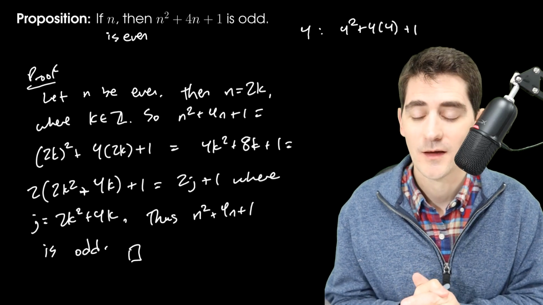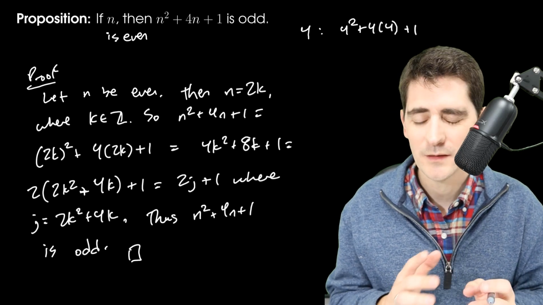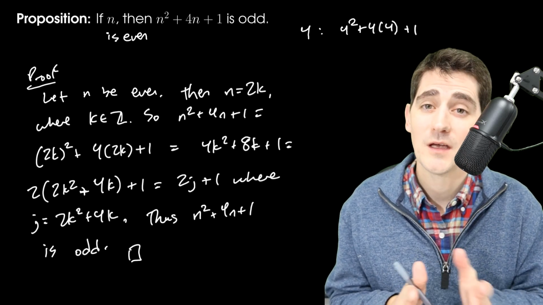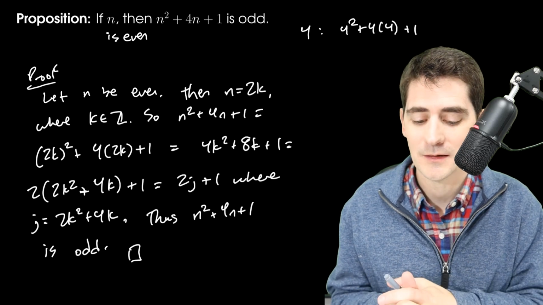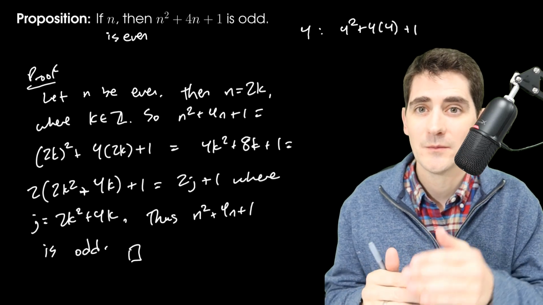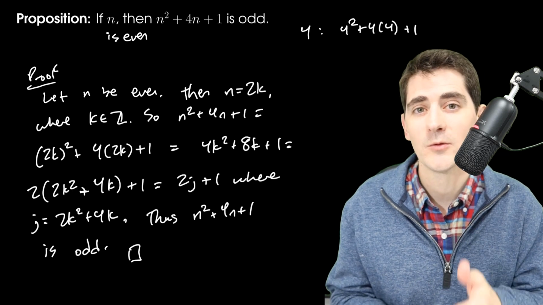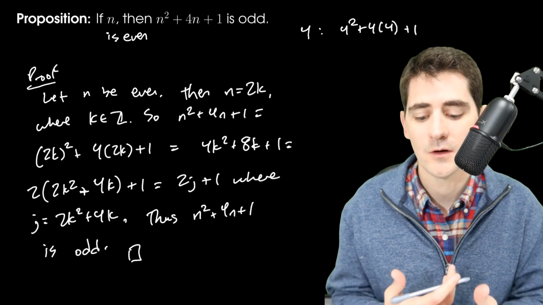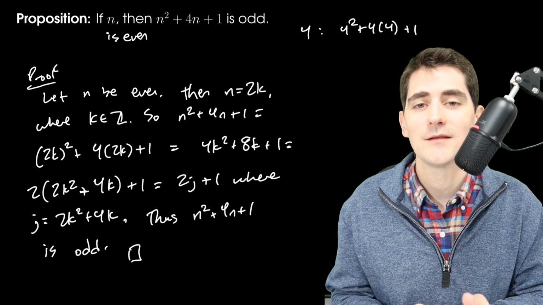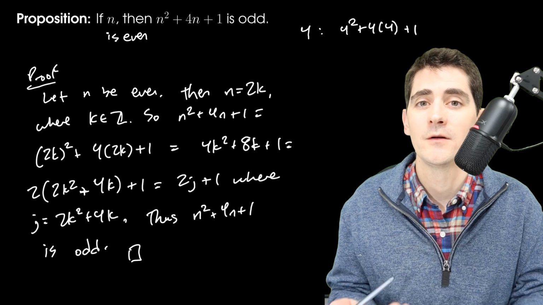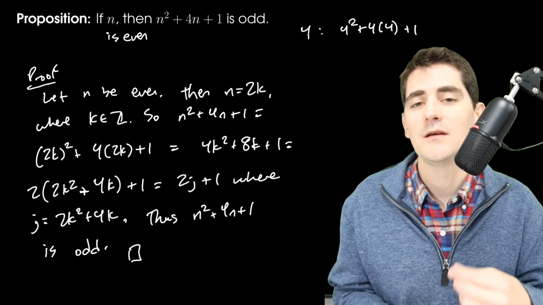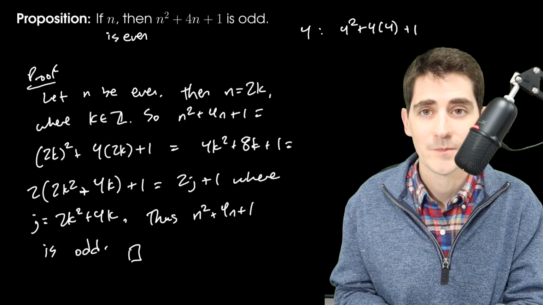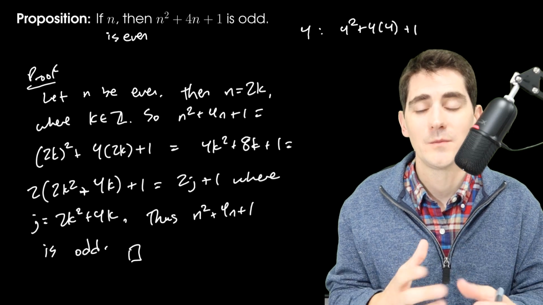Now, a couple of points. Sometimes students get confused on what k means. A k just represents some arbitrary integer. So for example, if I pick an explicit example like 6, then 6 is 2 times 3. The value of k in this example is 3. But if I'm trying to prove this in general terms for all even integers, I can't say it's 2 times 3. That doesn't classify all integers. So I say 2 times k, k being the dummy variable that we find depending on what our value of n is. It will get more familiar with more experience.